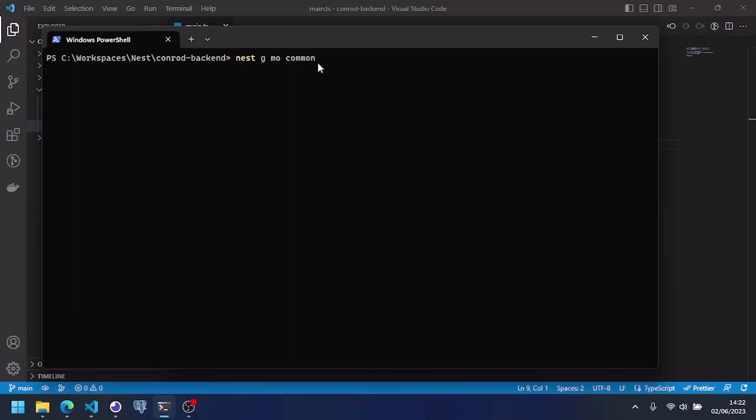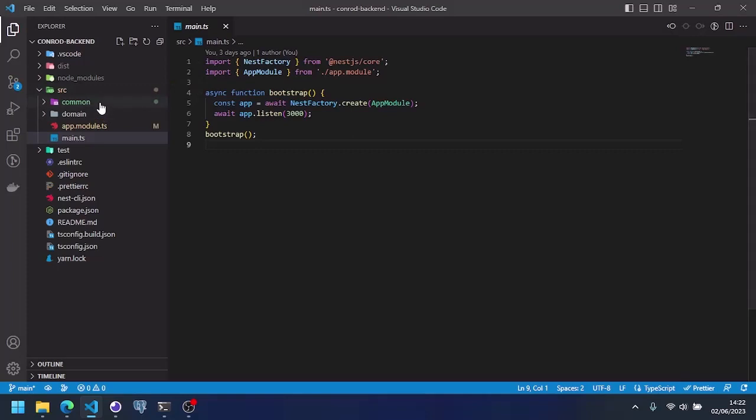This common module will serve for us to house anything not pertaining to a more specific place, like some global enhancers, such as the validation pipe. Now that it has been created, I can go to it,